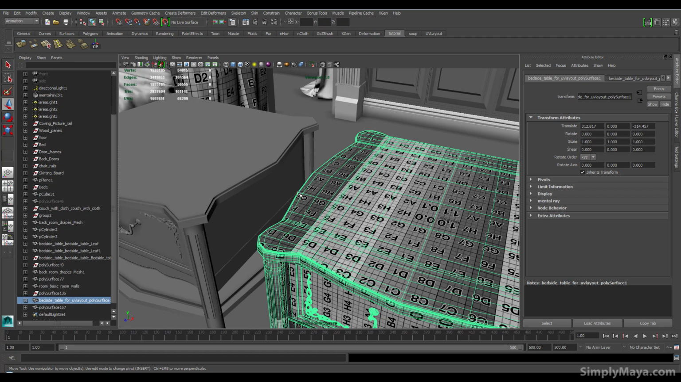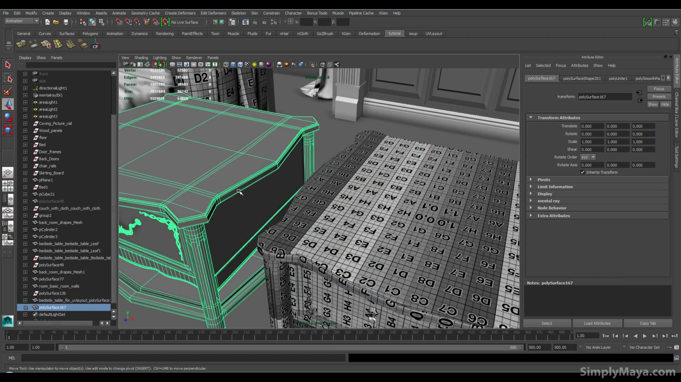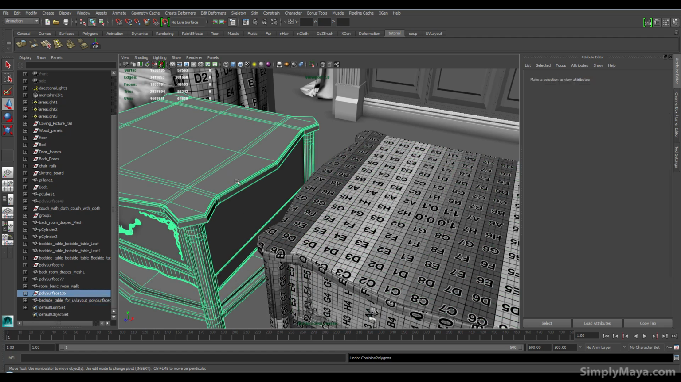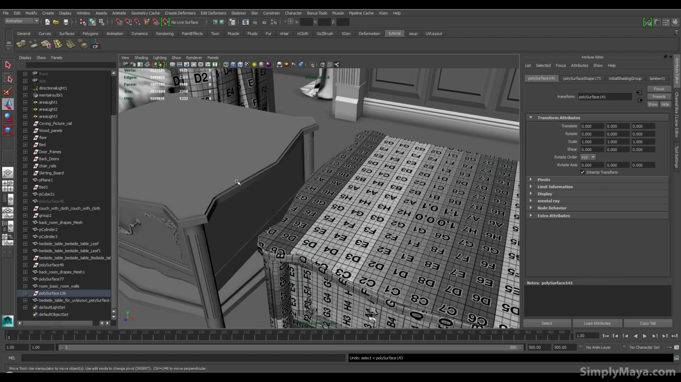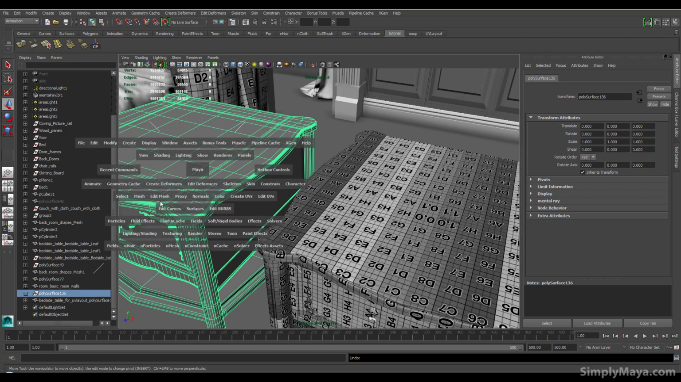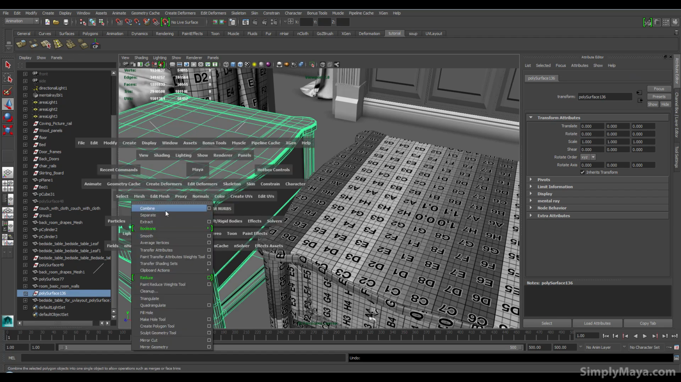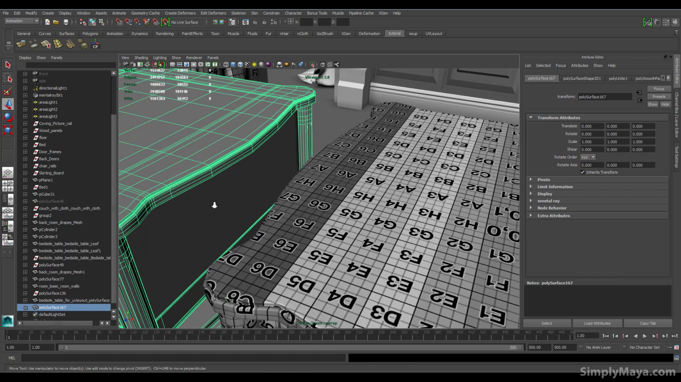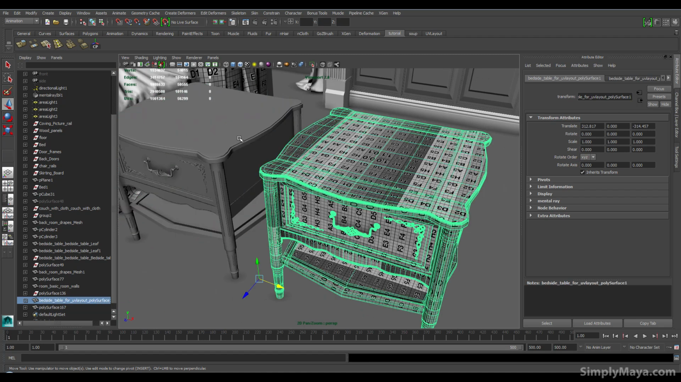Actually, I think I've led you a bit down the garden path there. This one was actually smooth before I transferred it. Sorry about that. Okay, once again, Mesh, Combine. Going senile in my old age, excuse me. Right, there we go. So select this one,